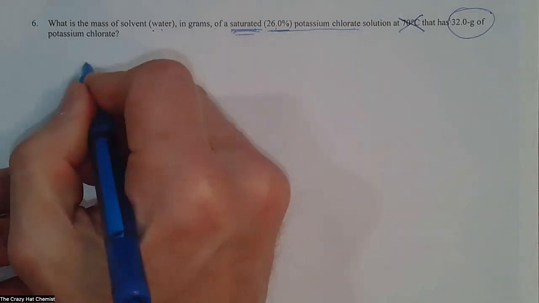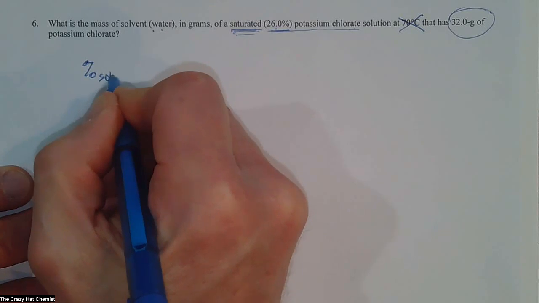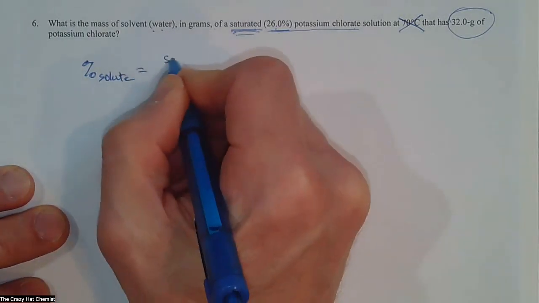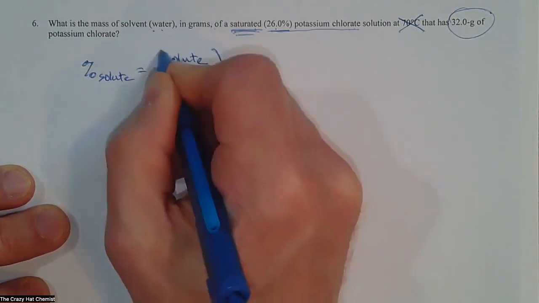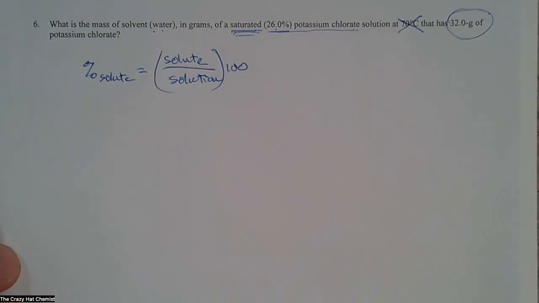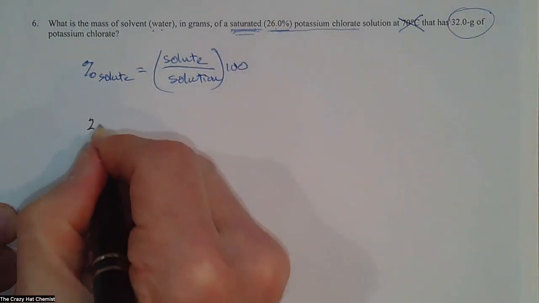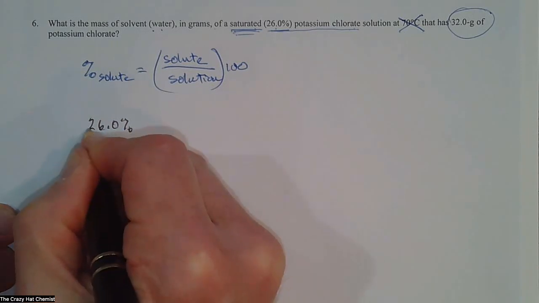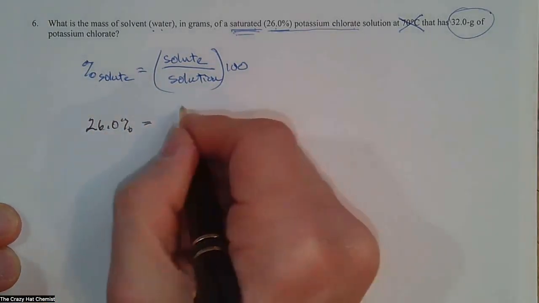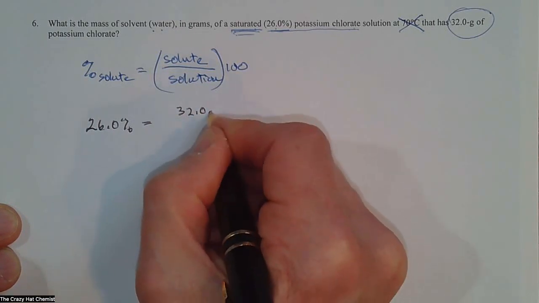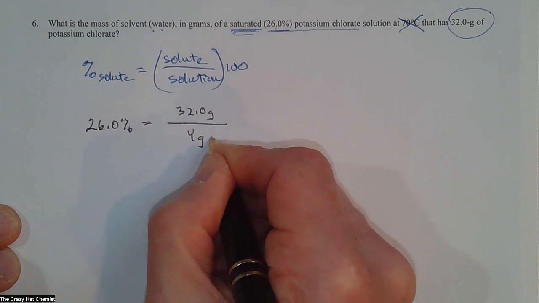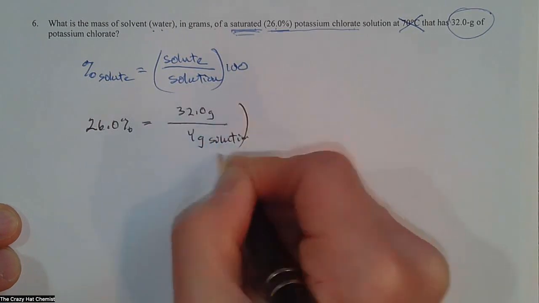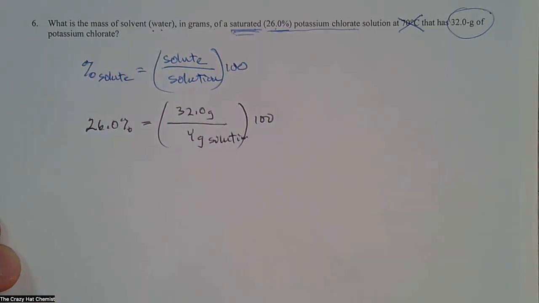We have percent solute is equal to solute over solution times 100. So I'm going to plug right directly into this here. I have 26.0% is equal to 32.0 grams over y grams solution times 100. So the first thing that we're going to do, we're going to divide